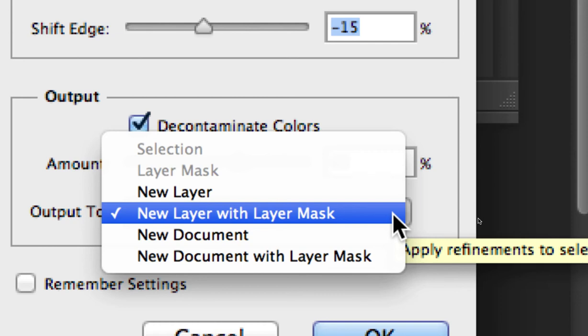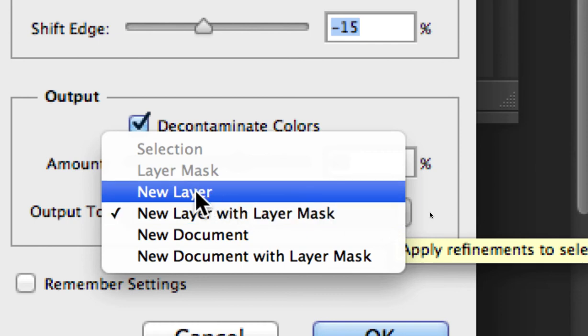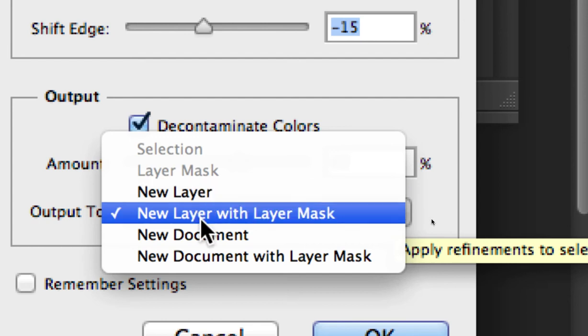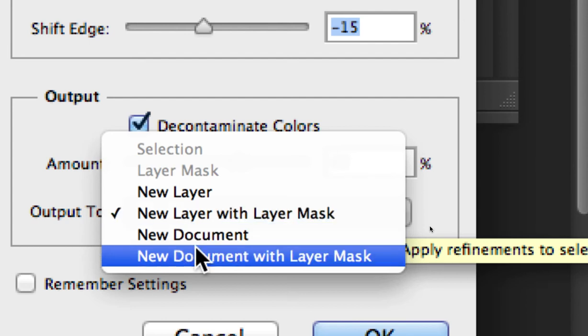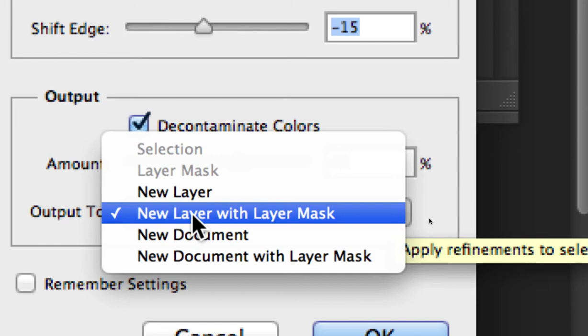Just simply the cutout version of the image on a brand new layer. Put the cutout image on a brand new document. Or put the image on a new layer or a new document, and with a layer mask that is hiding